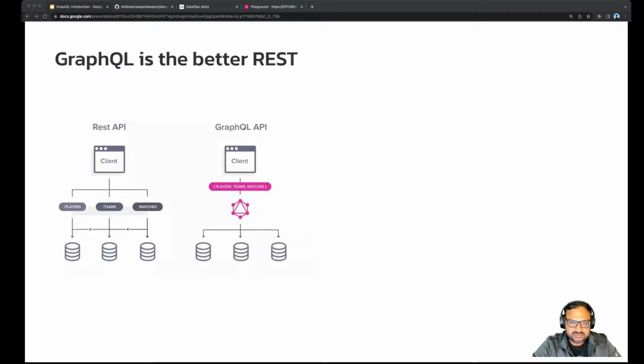Now, what is the difference between REST API and GraphQL? In my opinion, GraphQL is a better REST. It naturally integrates with the REST ecosystem. As you see in the picture, with REST API, you would typically gather data by accessing multiple endpoints, like players and teams in these cases. With GraphQL, on the other hand, you would simply send a single query and then you can query data